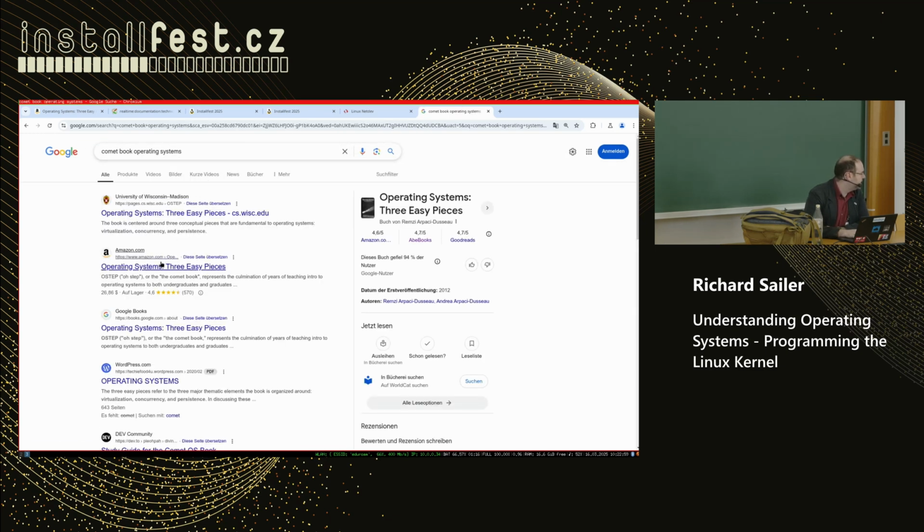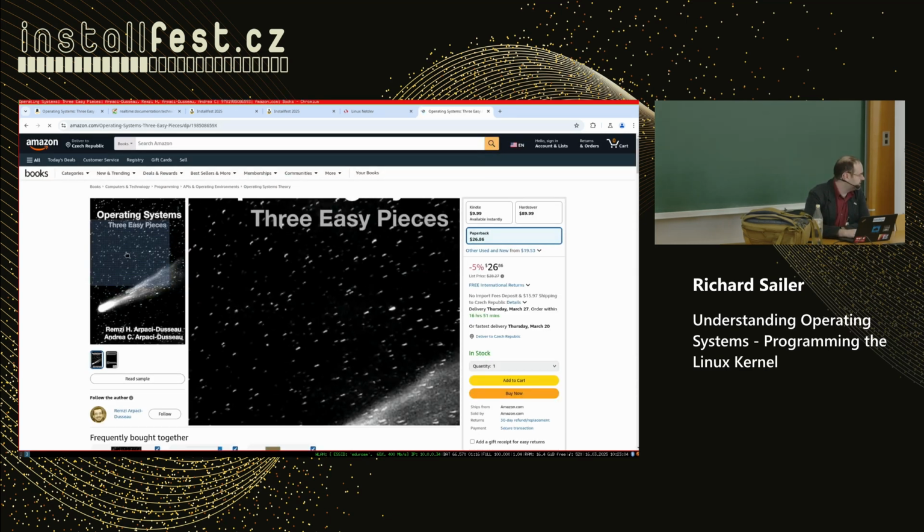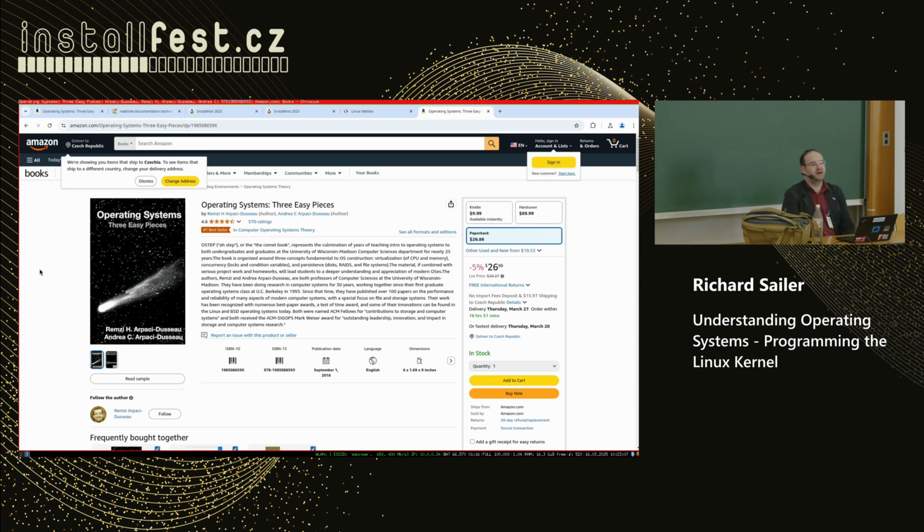Yeah, I will show the commercial one here, a link to this one. So this is actually an open source book, but I would recommend getting it in print. It explains the operating system stuff, but what is cool about this one is that it has a lot of examples from the Linux kernel. So it usually just explains the concept, and then here's the source code in the Linux kernel that does that thing. So that is a really cool book. It's quite up to date. So that is my primary recommendation for today, I would say.